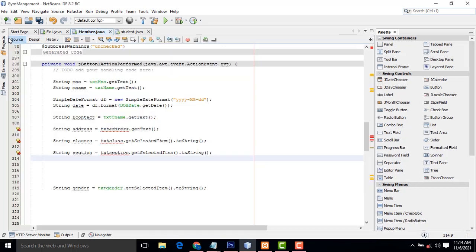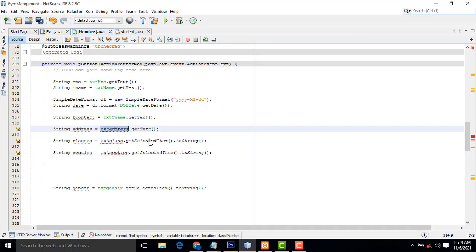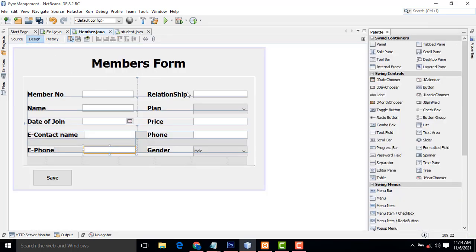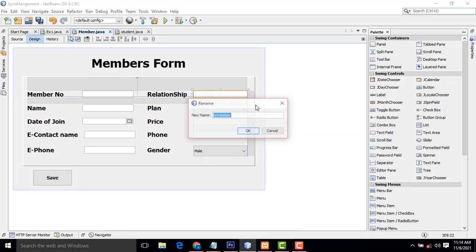Control C to copy this one, e phone. After that, relationship, txt relationship.